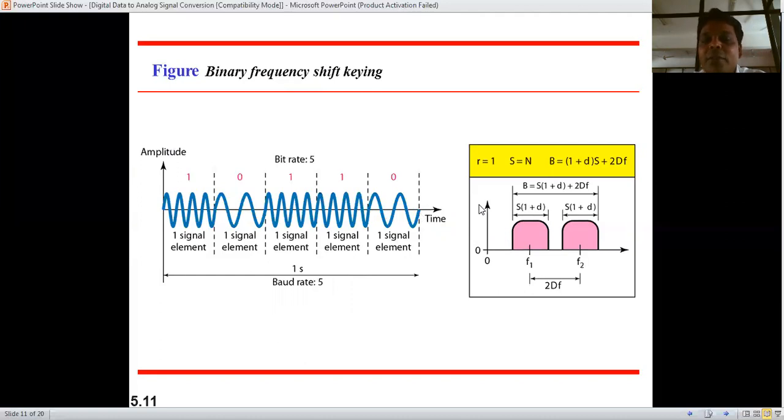If you remember, in the case of amplitude, we are changing the amplitude of the carrier signal wave and the digital signal, which carries the digital data, and whatever is the result will be an analog signal. So in frequency shift keying, the same thing happens. The only difference is that instead of amplitude, now we are changing the frequency of the carrier signal. Here all these things are the same actually. Small r represents the number of bits per signal element. So 1 bit per signal element is there.